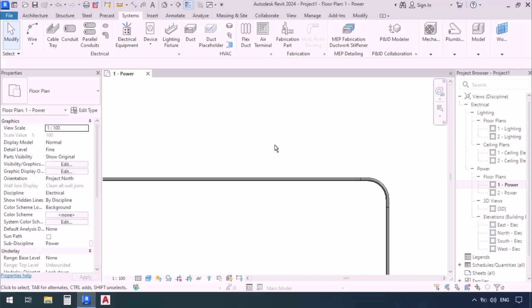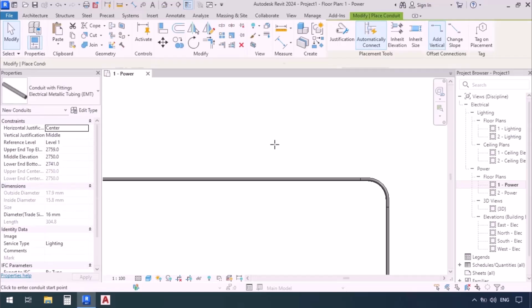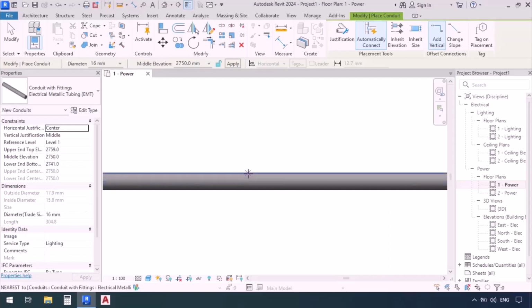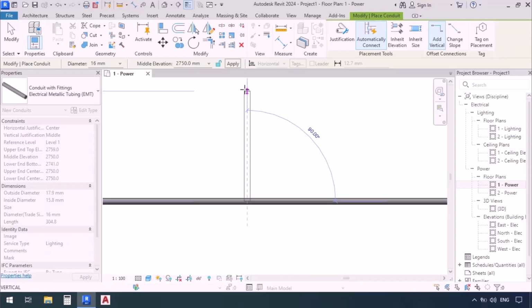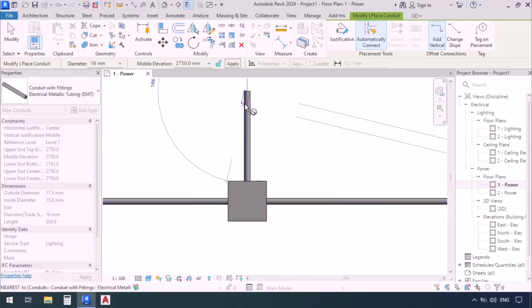Now let's say we want to add a branch. Do you remember the shortcut for the conduit command? CN. We're going to continue drawing with the same service type, and the same middle elevation. And now we're going to click on the conduit. It doesn't matter if we click on this edge, on the axis, or on this edge. Either way, it's going to work, so we're going to click, then move upwards and click again, and then press